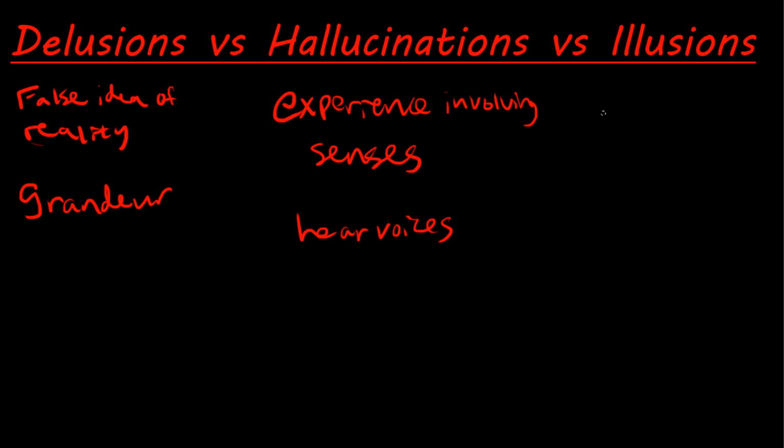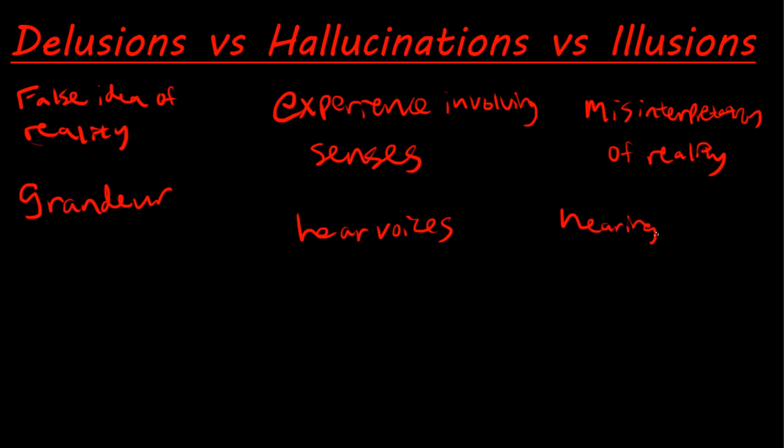And now illusions are essentially a misinterpretation of reality. You can think of it like a hallucination with some kind of reference in real life. Now, what do I mean by that? Well, there is something in reality, in the real world, that they sense, but are mistaking it for something else. For example, if they hear,